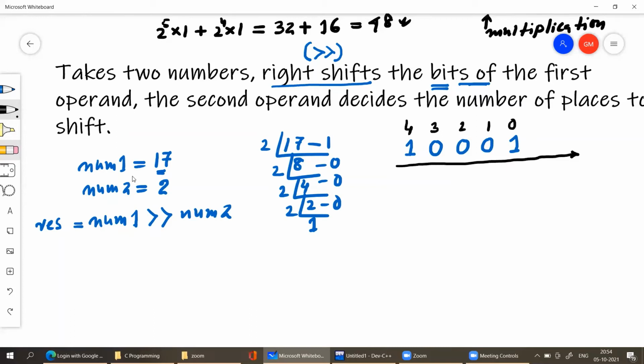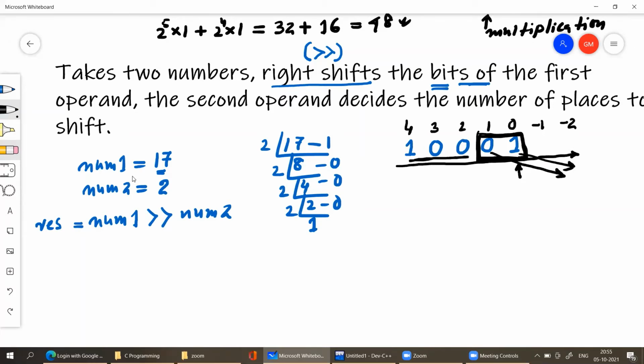Already this bit is in position 0, and a position can never be negative. So what it means is that we are going to push these 2 bits out of the frame, totally discarding them from the number, because a position can never be negative, such as -1, this is -1, this is -2. So these 2 bits are totally dropped from the binary number. Now we have only this number.